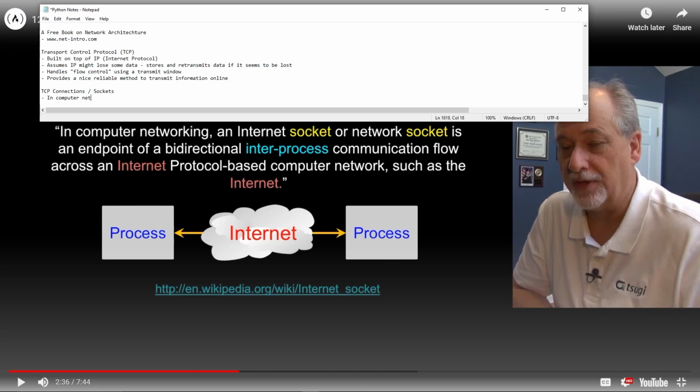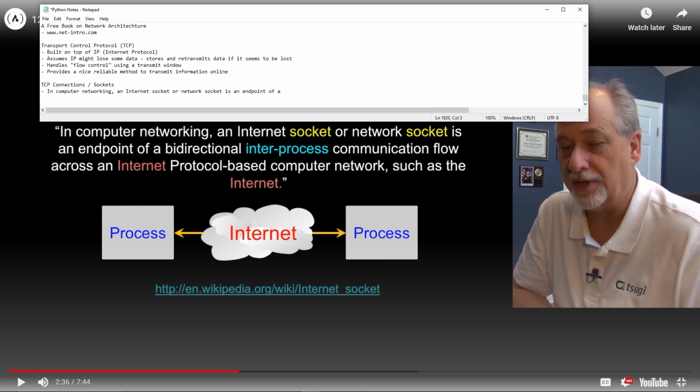In computer networking, all right, an internet socket or network socket is an endpoint of a bidirectional inter-process communication flow across an internet protocol-based computer network such as the internet. It's so stupid, but